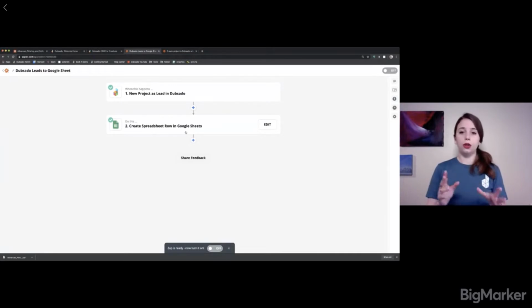So there's all sorts of different apps you could put in here instead of sending over to a Google Sheet. Google Sheet is great if you want to collect some data and have that compiled. So you need to decide what is necessary in your business. But to show you how this would work, let's say in your Dubsado account, you have a lot of different